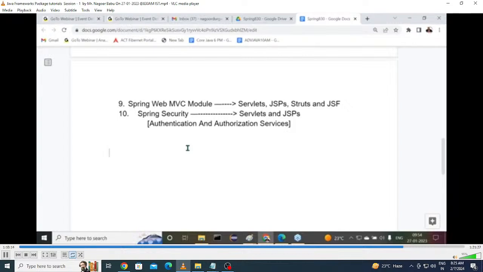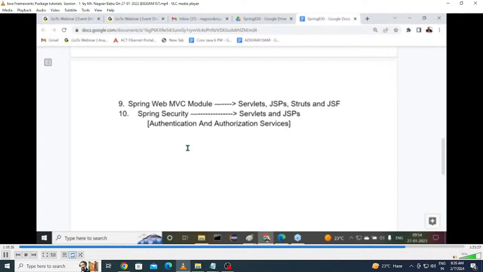No need to worry about it. After completion of this, what else is required here? Anyway, deep concepts we are going to discuss. Definitely deeper and deeper knowledge we are going to provide. Understand it clearly. Then what version of Spring are we going to use? At basic level, Spring 5.x version. Directly, I'm going to use Spring 5.x version.